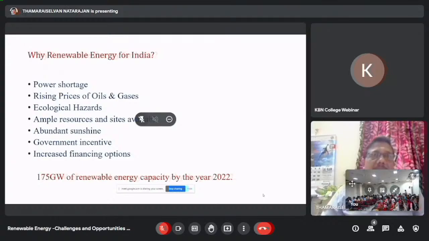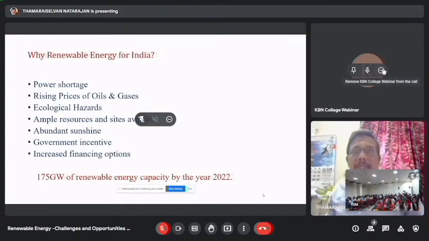The only thing is that we have only now started looking at these as energy sources and trying to convert them. But I would like to share a couple of my own experiences, which were mind-boggling, when I was collecting information on renewable energy for the last couple of days. I visited a place near Tiruchirappalli where there is a plantation on the highest peak, and there we have installed something like that.